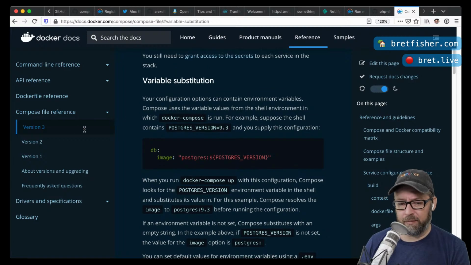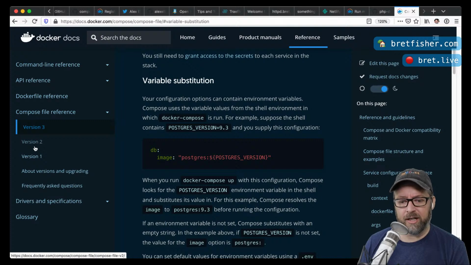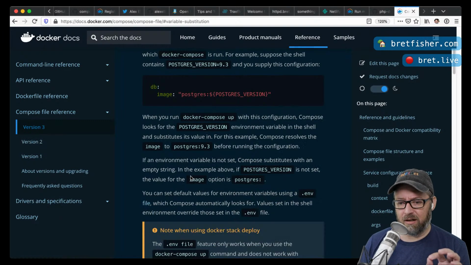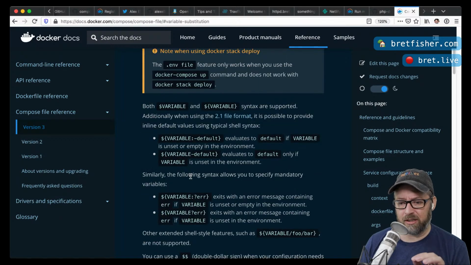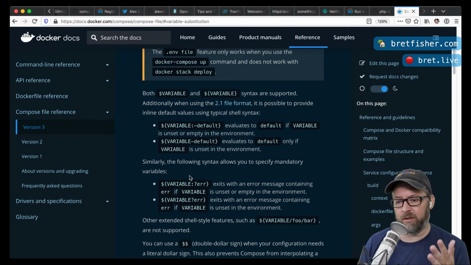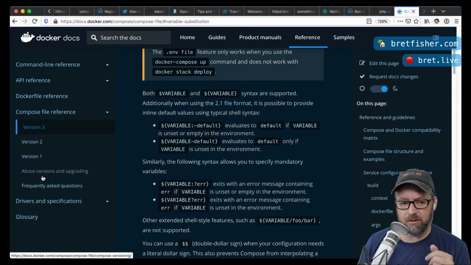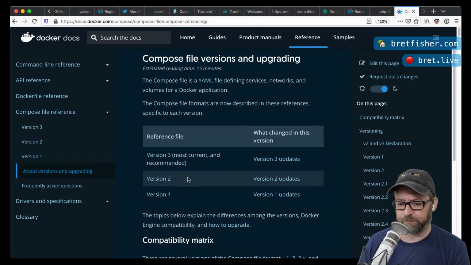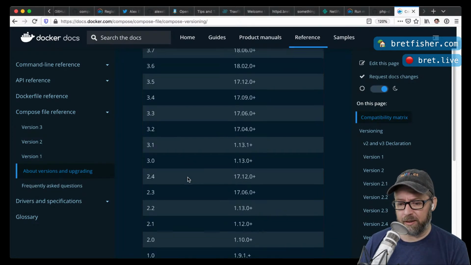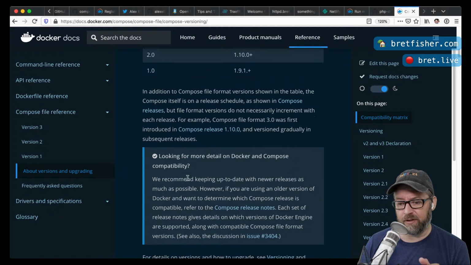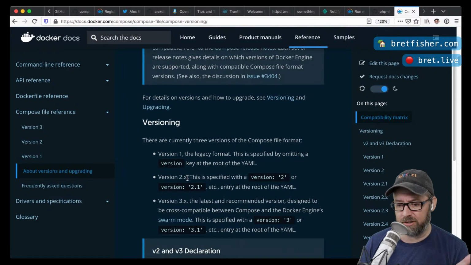Yeah. So see on the left side here how I have version 3, version 2. So you can look at the different versions, and then often it'll also tell you when you're looking at a particular feature, this is only supported in version 2 or version 3.5 or whatever. And then when you click on About versions down here, it talks a little bit about the compatibility of which versions of the file work in which Docker engines.